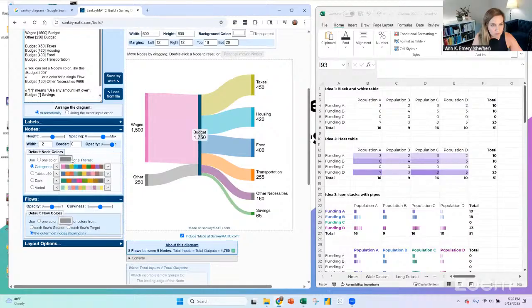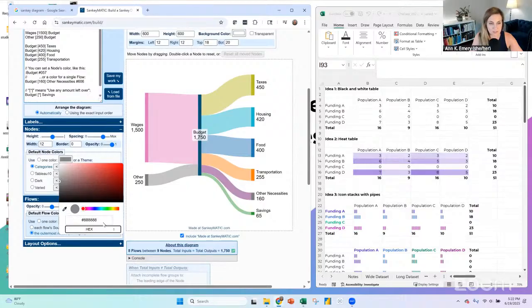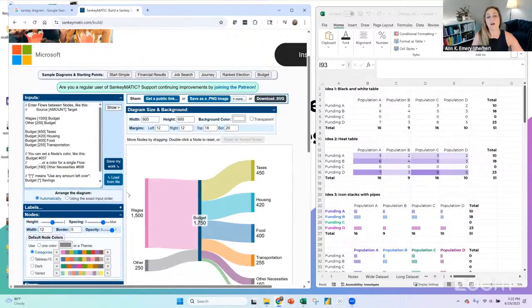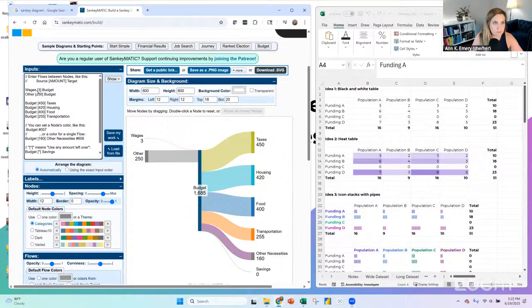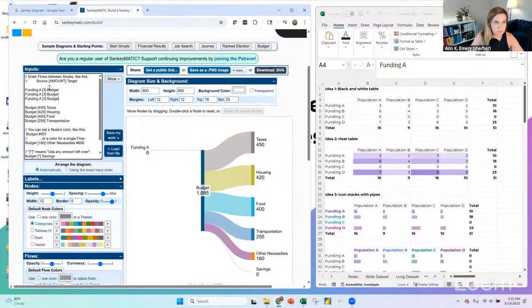Oh, no, no, no. Yeah. Okay, RGB, of course. No. Okay, good. I was like, it's still RGB. Good. Hex. Great. So if we want wages and other to represent these, where do we type in wages? Okay, so we're going to have wages 3, except this is going to say funding A, right? Funding A, B, C, D,